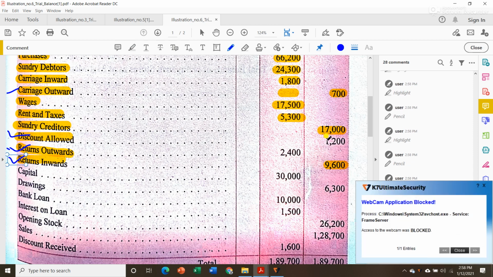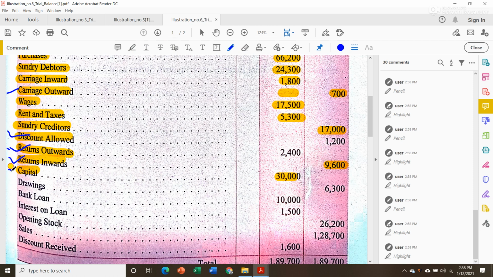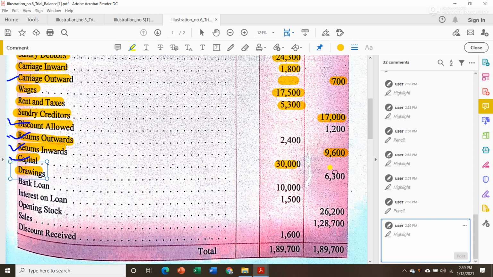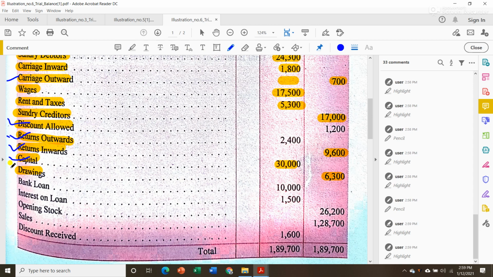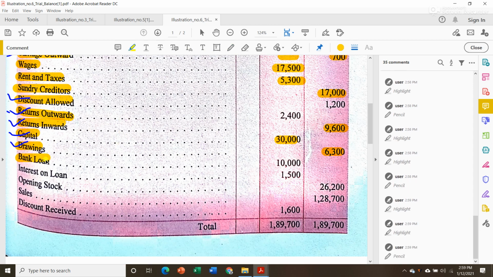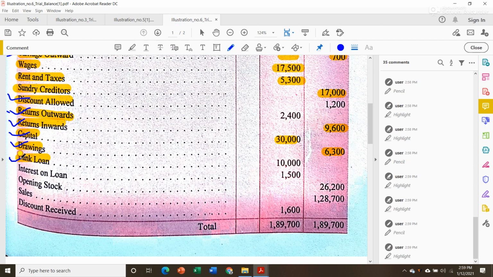Okay, then next we have capital, which always shows a credit balance, but he had written it in the debit side, so again capital is a mistake. Then drawings, debit. Drawings should be in the debit side, but he had made a mistake, so again the drawings account is a mistake. Then bank loan, we took a loan from the bank, that means liabilities, credit side. It should be in the credit side. So again this is a mistake.